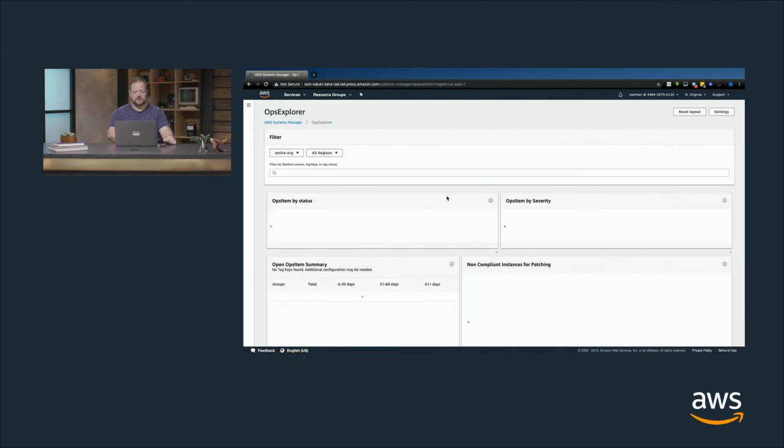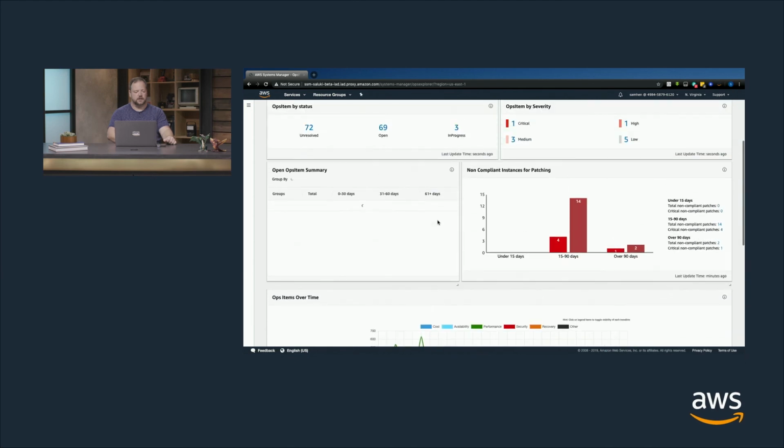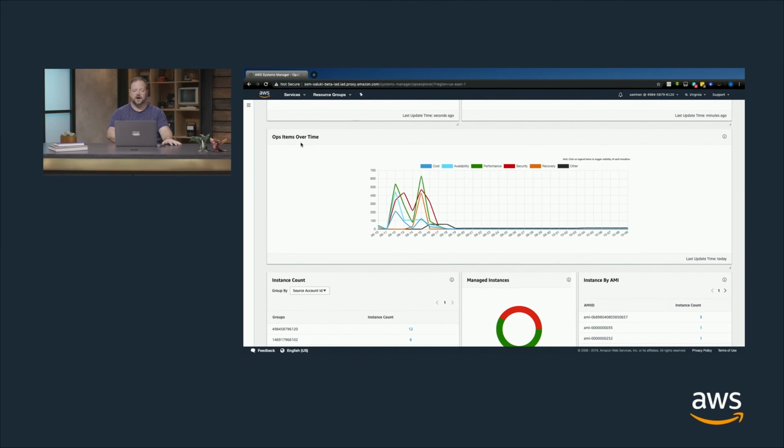The next piece, we did open item summary, non-compliant patches, and here we are, ops items over time. So this is actually a trend line of the various types of operational items that are popping up and over what time period we're seeing a rise in them, a fall in them, how we're managing them. Maybe we put new programs in place and we're seeing a rise in Ops Center operational items. Maybe we put a new program in place, we're seeing a fall in them. So that's a great way to measure metrics of how many items are actually popping up